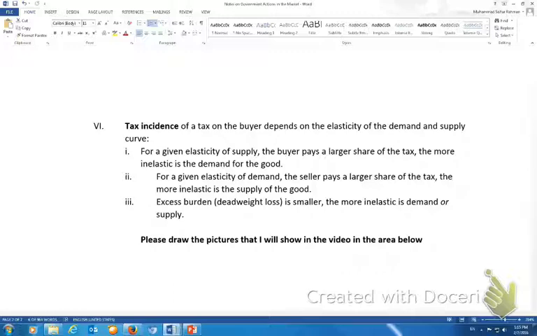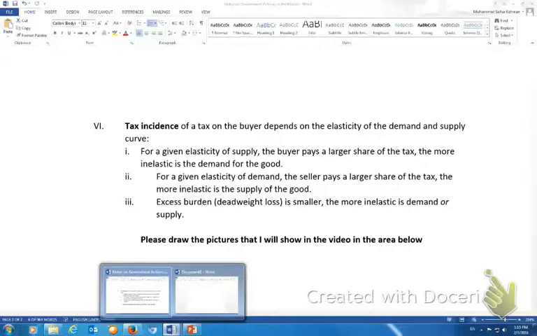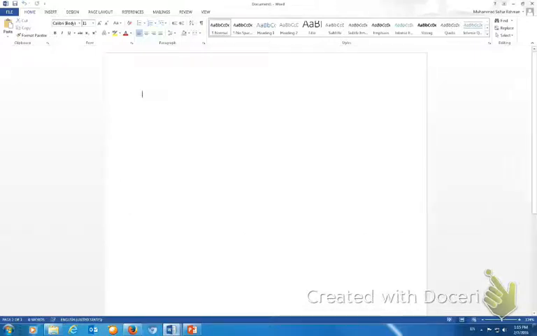Okay. Let's redraw the graph one more time, because I think we also need to show you one more thing. So let's go over it one more time. Okay, let's make this a little bit more concrete this time. So we have two demand curves, and then